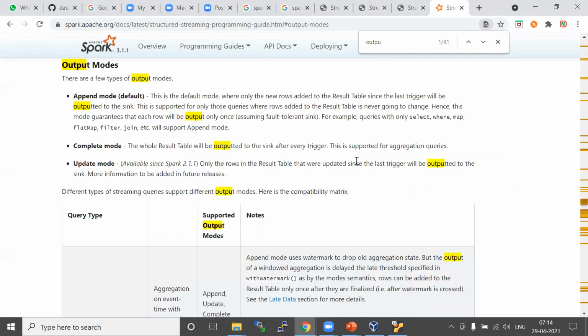Okay, so as I told you, append, complete mode, update. Append is the default. If you don't provide the output mode in your sink. Basically, we are using console sink in the previous example. If you don't provide any sink, then it's going to be the default. It is